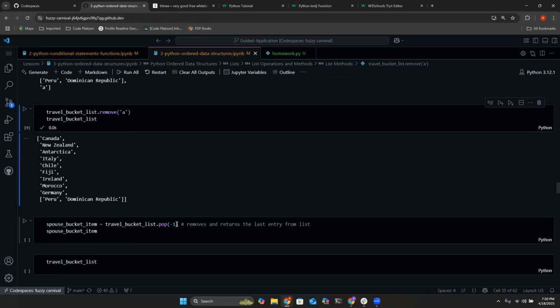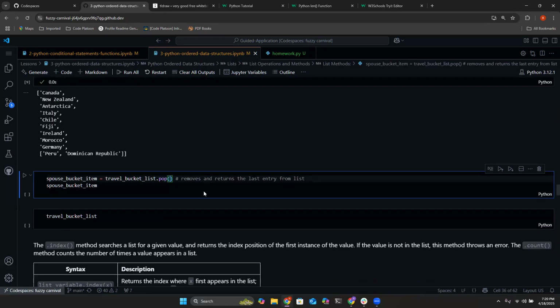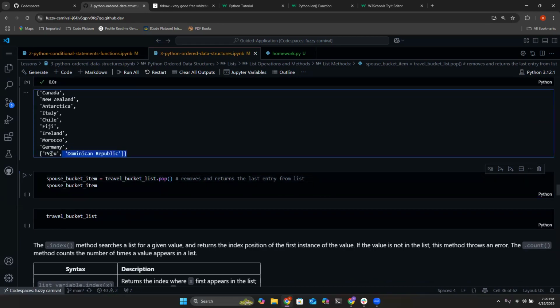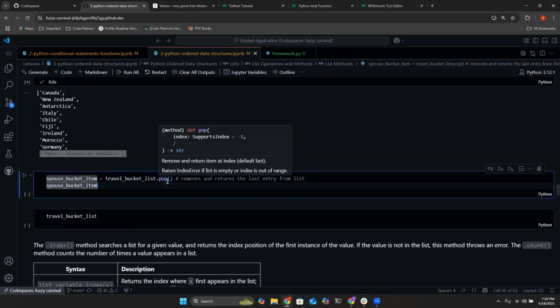So here's pop. Let's remove this -1, because I believe by default it should remove the last item, which will be this additional list of Peru and Dominican Republic. It's going to run the pop method, and if you recall from the explanation, it's going to return it to you. So whatever it removes using the pop method, it's going to return it to you, which is